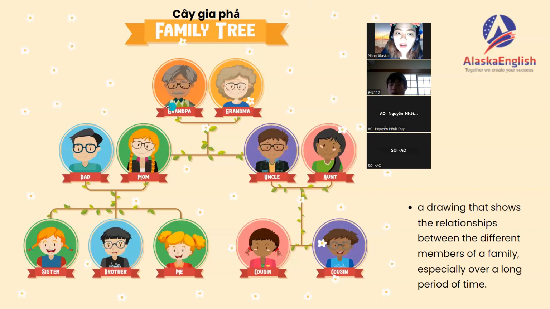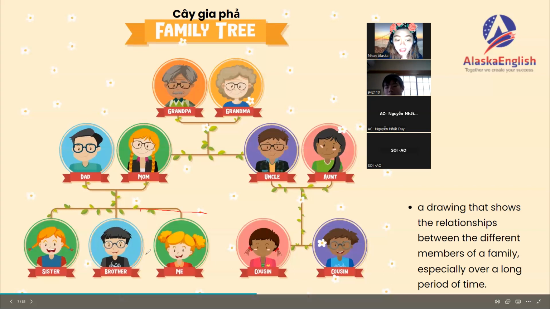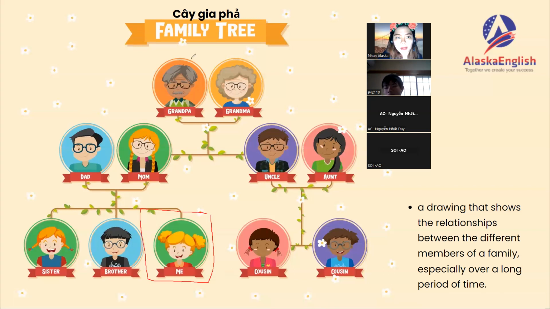It is called a family tree because it's like branches that connect us with one another. Like for this one, from Ongba, they have children, right? So they have a daughter and a son. It so happened that the daughter is your mom, right? So mom's husband is daddy, your dad. So mom and dad, they are your parents. By the way, in this diagram, you are this. This is just an example, all right?